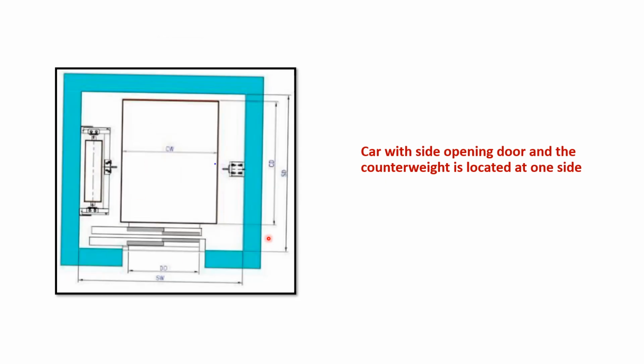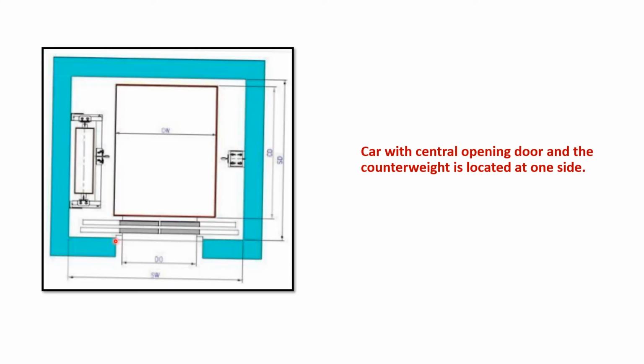And this is side counterweight with the telescopic door. So this is our normal landing door with a telescopic assembly. Then this is the car door with the telescopic assembly. The counterweight is on the left side of this cabin assembly. Then, similarly, we have a center opening with side counterweight. So these are the basic layouts for elevator systems.